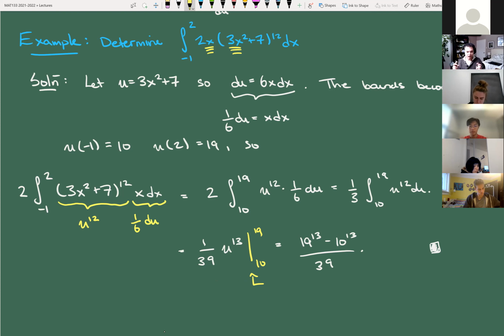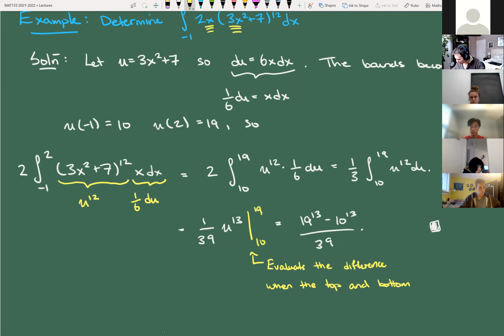So this means evaluate the difference of the top and the bottom numbers when the top and bottom are plugged in,